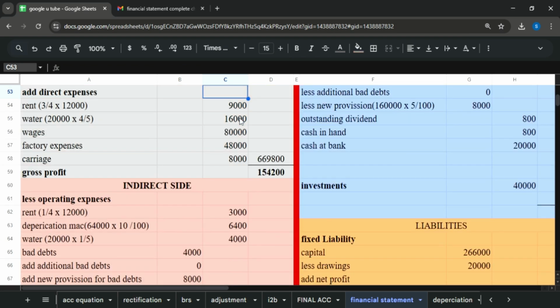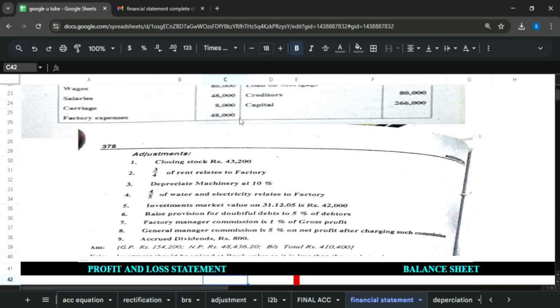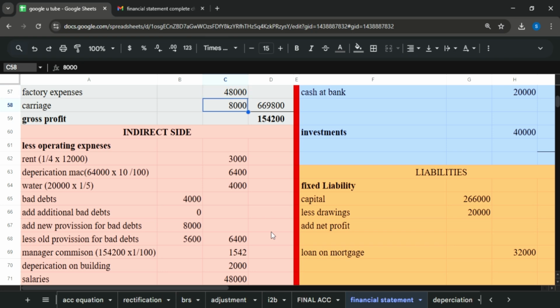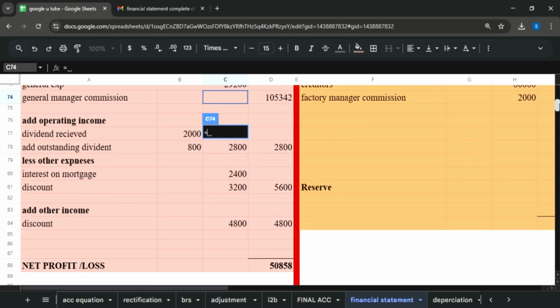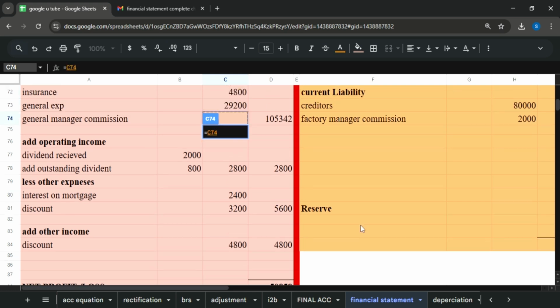Okay, so now we will be performing our last step of adjustment which we were waiting for, that general manager commission 5% on net profit after charging. So what you will do here, general manager commission, and you will calculate amount of commission. How? 50858. This is your dummy net profit. That means without calculation of general manager commission, 50858. So what you will do, 50858 multiply by 5, since it is after charging, so divided by 105. So here you have got your general manager commission,